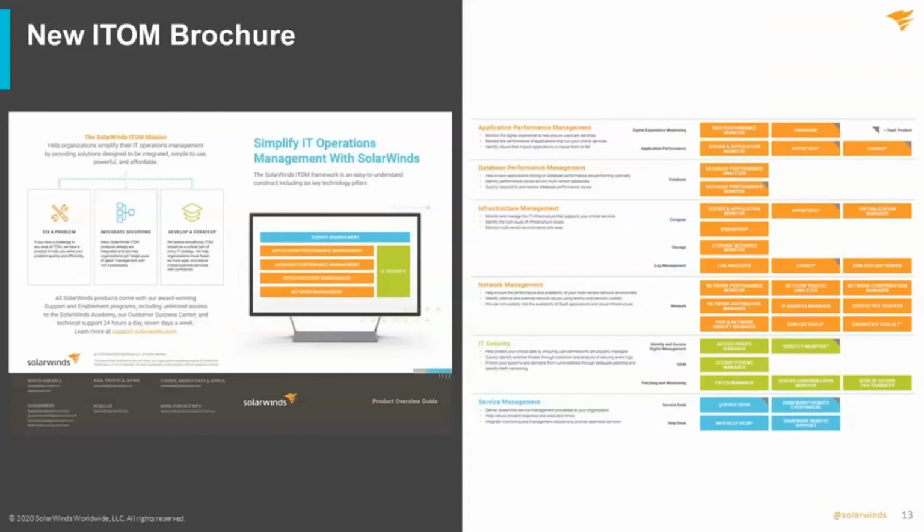The other ones are licensed, either perpetual licenses or subscription term licenses. And then on the back, typically the three ways that you will work with SolarWinds: either fix a problem now, here's the product that can fix the problem in a short space of time; you may want to integrate multiple products together in a platform; or you may want to take an overriding kind of strategic view of IT operations management in general, and look at that over a longer period of time.